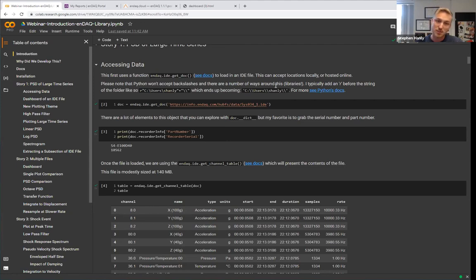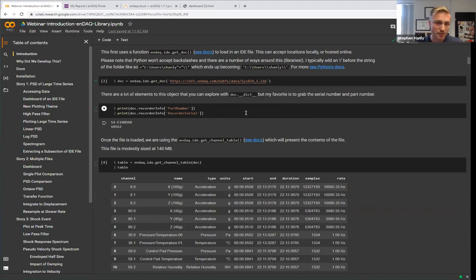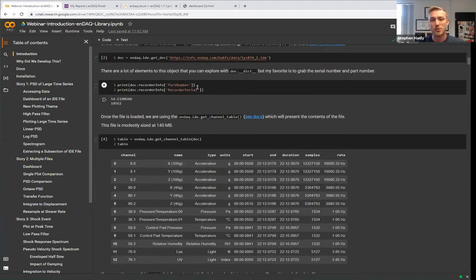So this is a really simple interface to get the object of your data out. I know not all of you are customers, so I'll come through here, but I do want to call out that once you have the object of the data, there are some elements or methods associated with it that are nice. So you can see what was the part number of the device that recorded this data, the serial number,